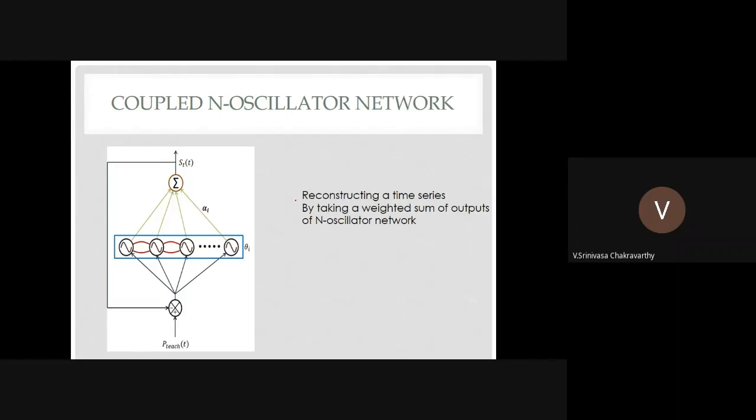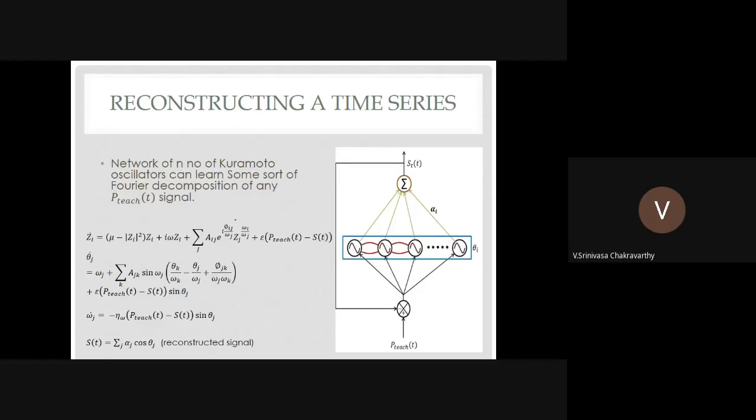So we can show that it is quite possible. Let us see how it works. So this network has a hidden layer, or you can call it a reservoir of oscillators. And people use the term reservoir in other contexts where you have a network of neurons which are coupled among themselves, and the whole network can produce very complex dynamics. So such networks are described as reservoirs. Okay, so we have a reservoir of oscillators with all the coupling constants among themselves,